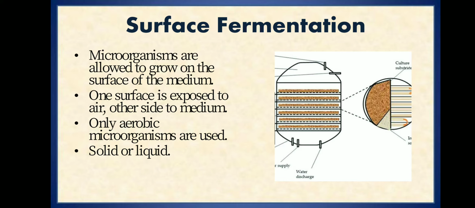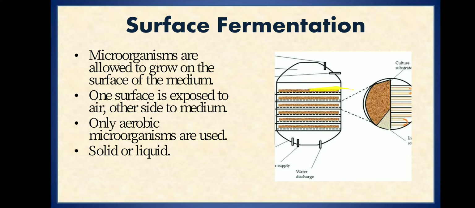being used. Now in this process what we do is the sterile medium is poured into the shallow trays, and these shallow trays are usually 5 to 10 centimeter deep. These shallow trays are stacked one upon the other in an aseptic room. We call this aseptic room a fermenter. Once it is stacked, it is allowed for incubation and the fermentation process will start, where a sterile air is blown over these cultures to give an aerobic condition.